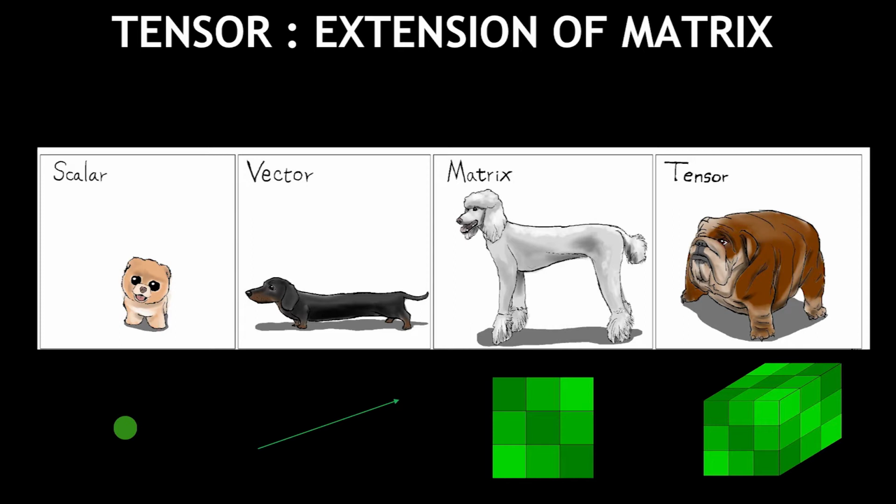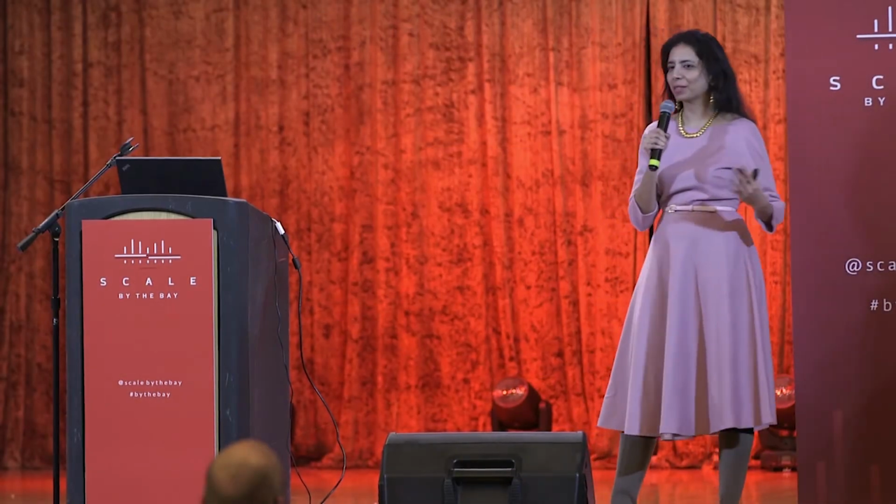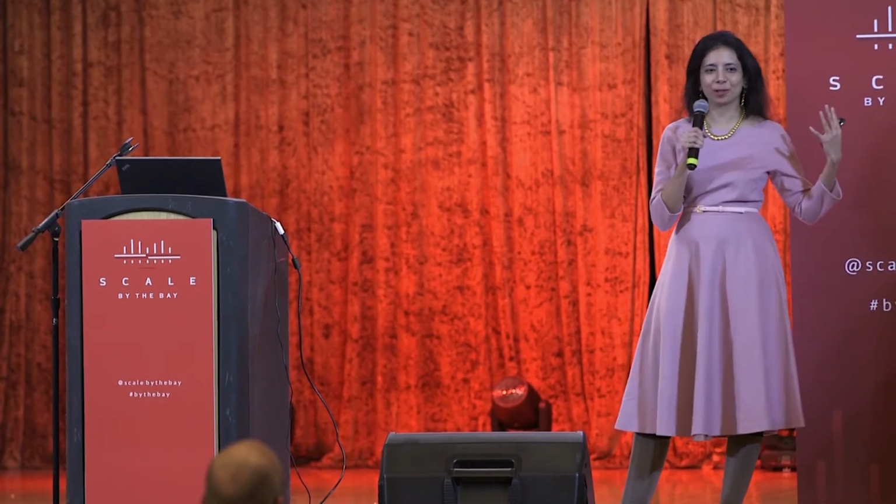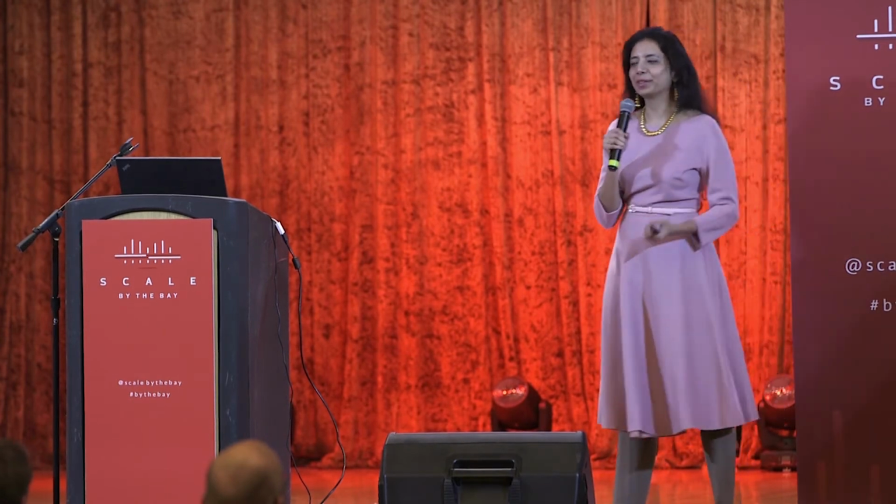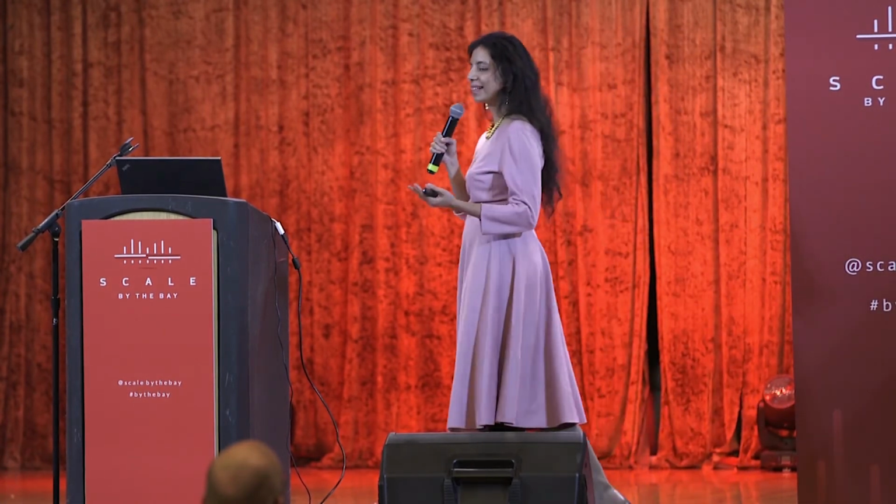overview of what a tensor is. Right? So a point is zero-dimensional. A vector is a line with a length and direction. A matrix has rows and columns. Tensors now extend to more dimensions. A third-order tensor is a three-dimensional cube. This you can visualize. So people ask me, what happens when you go to 4 dimensions? I can't visualize. I tell them to go read a book called Flatland.